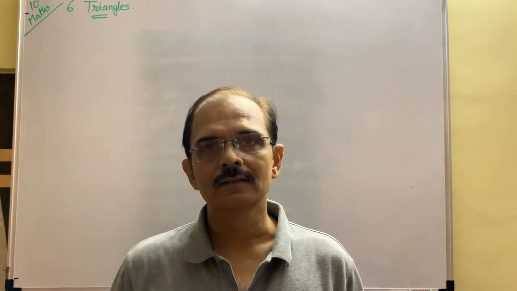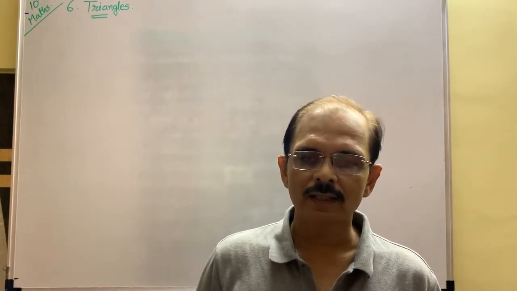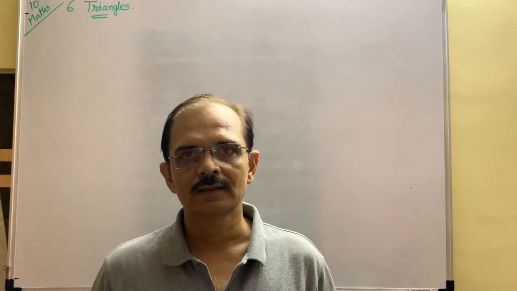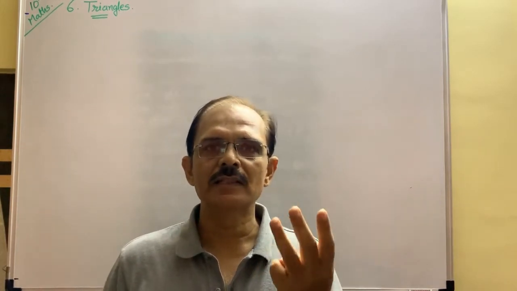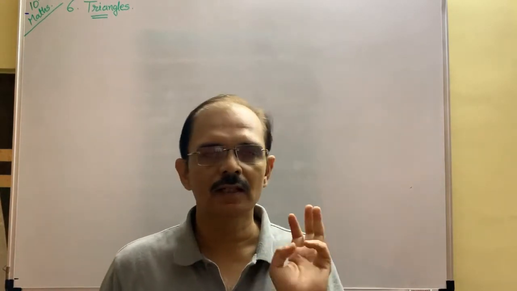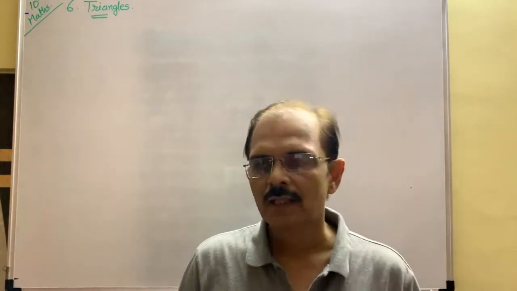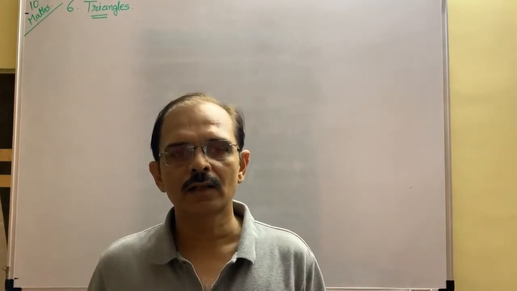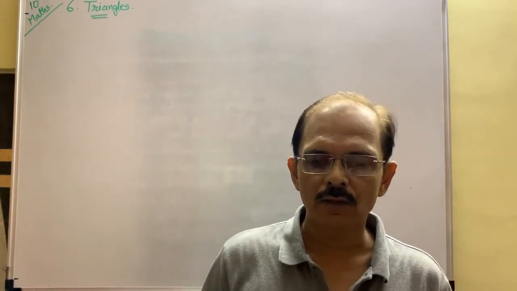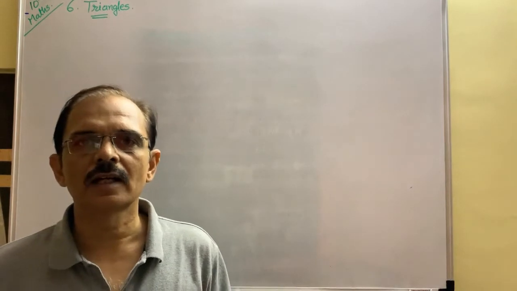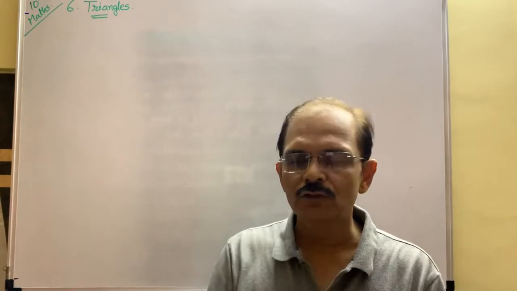In 9th standard you have learned geometry. In 9th standard you have learned triangles. In triangles, you know the definition of triangle. Triangle means tri means three, angle means three angles are there. That's why it is called triangle. Three sides are there, it is triangle. There are types of triangle. According to the angle we said acute angle, obtuse angle and right angle. According to the sides we said equilateral triangle, scalene triangle or isosceles triangle. Okay, that you know all.